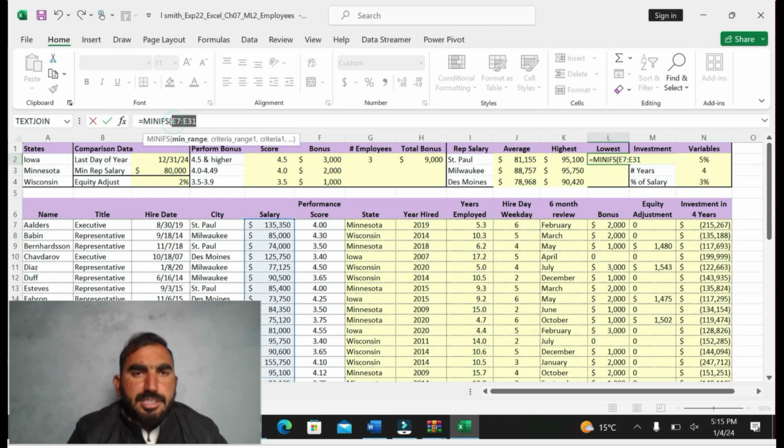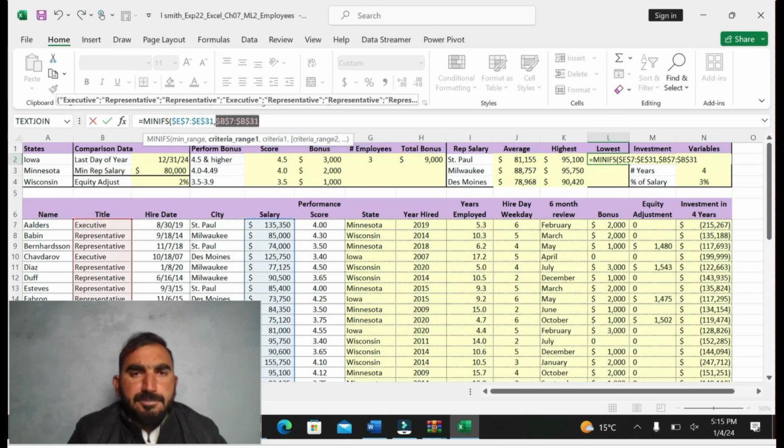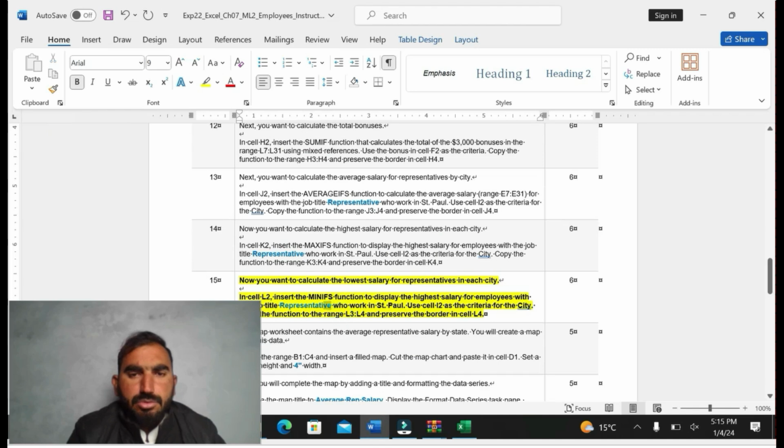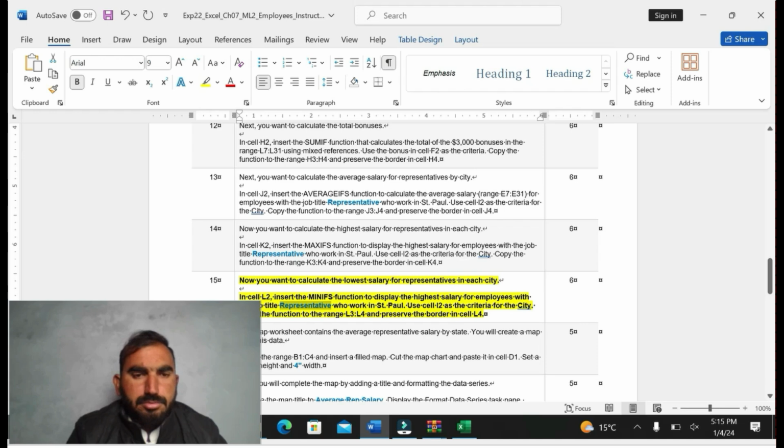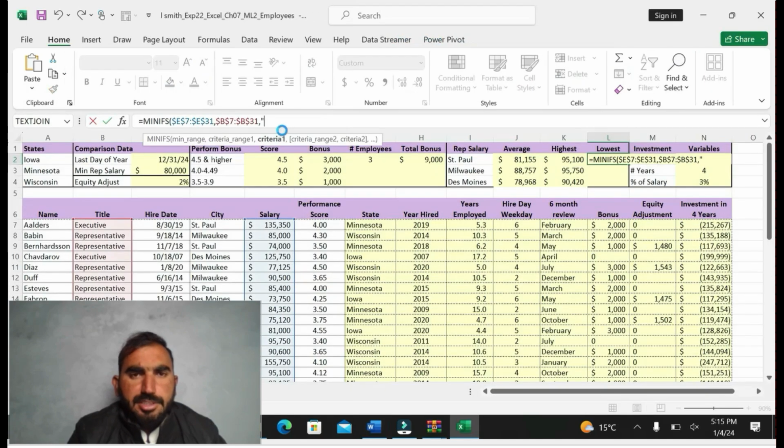Now I am going to complete the min-if function by selecting the ranges E7 to E31 and applying absolute cell references, that is E7 to E31, comma, B7 column B31. Also apply the absolute cell references. And then comma, and copy the word representative and paste it, and close the double quotes.